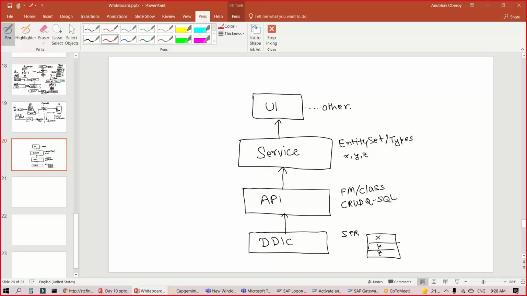So first we have to extend the structure where the field is stored, the database table, and let me call it C, meaning custom. This is my step number one. I have to find out the structure where the data is coming from and add that field over there. Then the second step is to add function module or class logic. We need to add custom logic to return the value for this custom field. And this is typically done in a BAdI implementation.